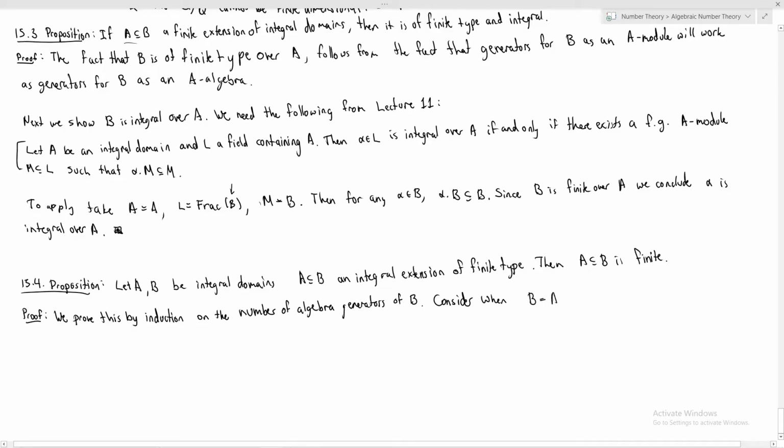In this case, B just has one algebra generator, let's say B1, and it looks like basically polynomials with coefficients in A in this element B1. Okay. So since B1 is integral over A,